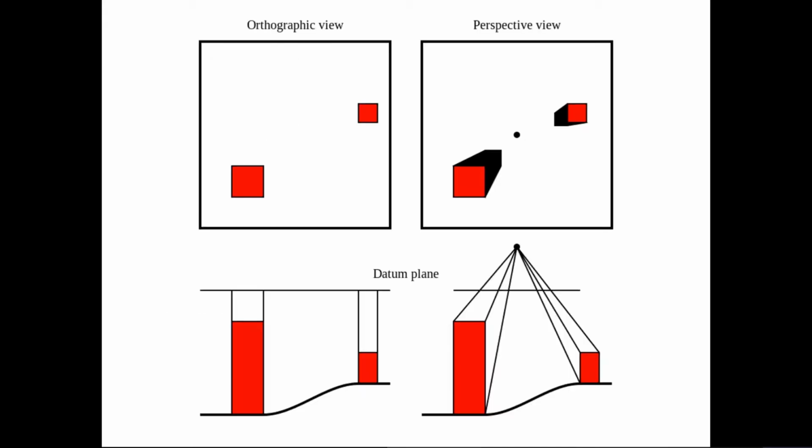You can look here, you can see the orthographic view. Orthographic view is represented in two axes, x and y, whereas the perspective view also has the topographic component, the height component, the z. In the z coordinate also you can express the particular location, right? So that is a major difference between an orthographic view and a perspective view. So your map is basically an orthographic projection, and your aerial photo is a perspective projection, right? That is the main difference between an orthographic view and a perspective view, or a map and a photo.